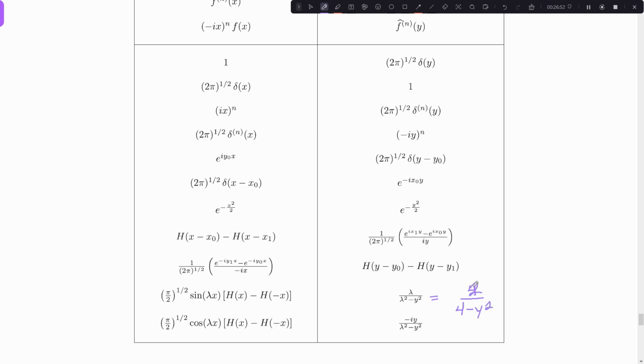Oh, this should really be a 2. 2 over 4 minus y squared. That means that it's going to inverse transform to this, except we had something out front, right? We happen to have e to the iy minus e to the minus iy all over root 2 pi, multiplying that,